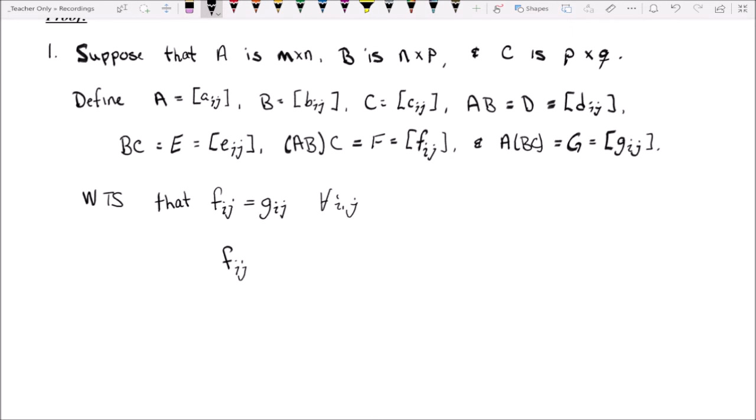with Fij. By definition of matrix multiplication, this is the sum, k equals 1 to p, of dik times ckj, right? Because remember, F is A times B times C. We said AB is D, and then obviously C. But D was A times B, so dik